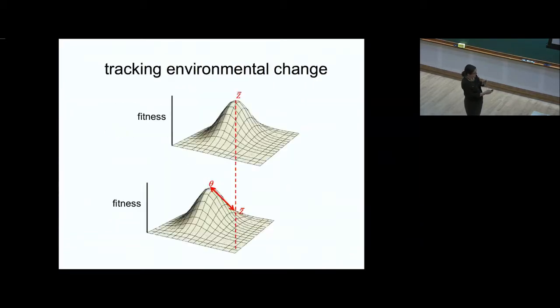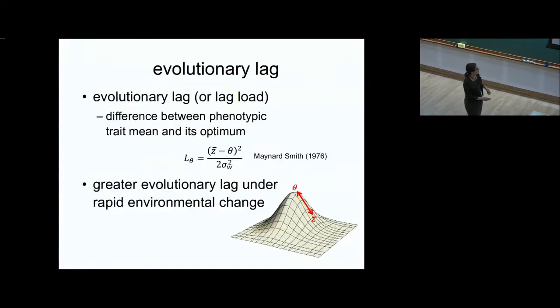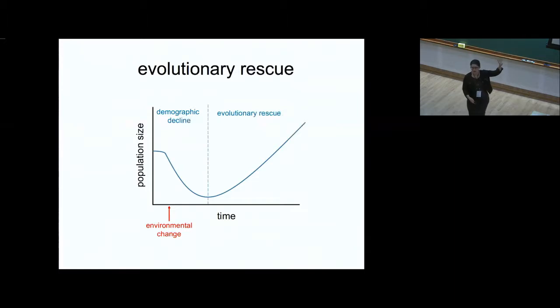So if we go back to this, when you're at lower fitness, presumably the population is either increasing more slowly or perhaps even decreasing, right? We talked about when lambda is less than 1, the population might be decreasing. All right, so if that happens, the question is, what's going to win? The demographic effects of decreasing population number, or the ability of this thing to move up this peak? This process is sometimes called evolutionary rescue.